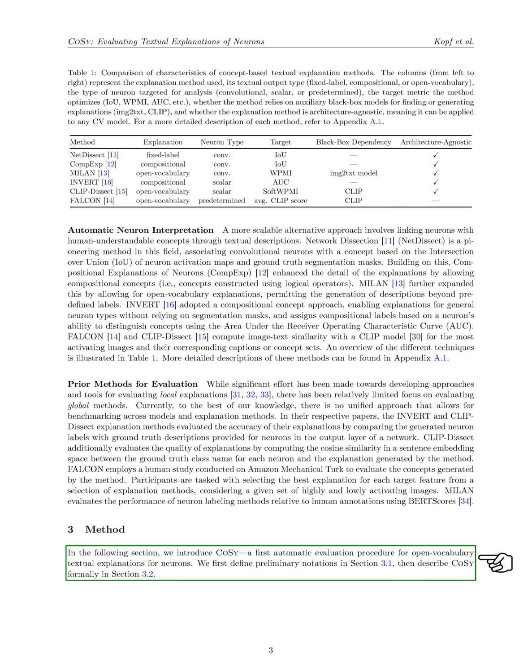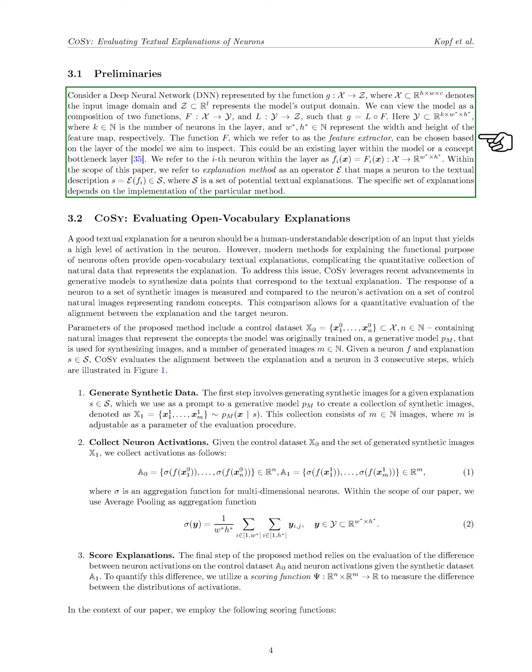Now, let's introduce COSY, which is an automatic evaluation procedure for textual explanations for neurons. We first define some notations, such as the deep neural network, DNN, represented by a function g: X → Z, where X is the input image domain and Z is the model's output domain. The model can be seen as a composition of two